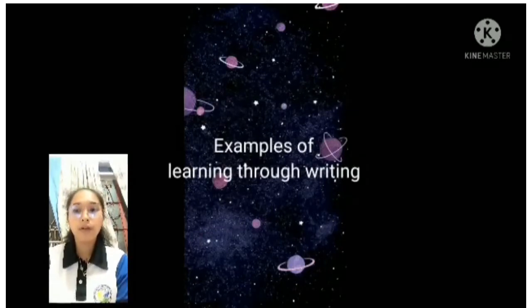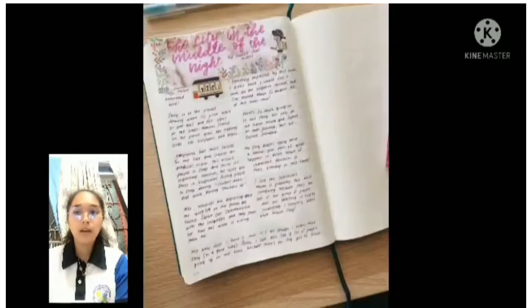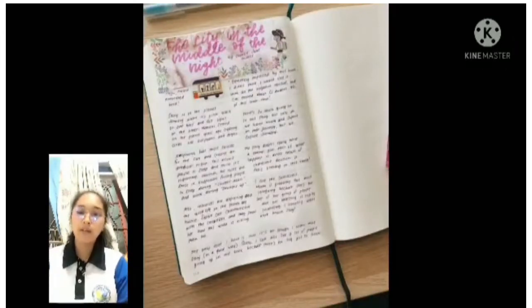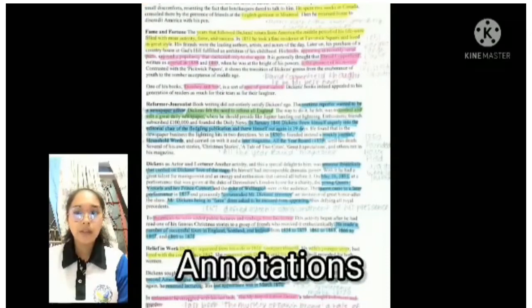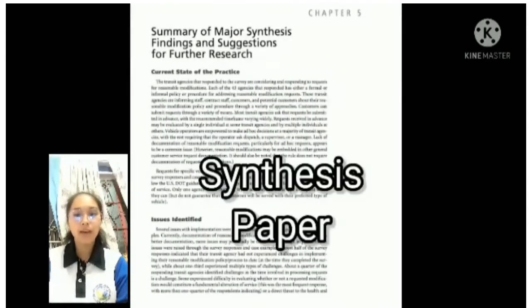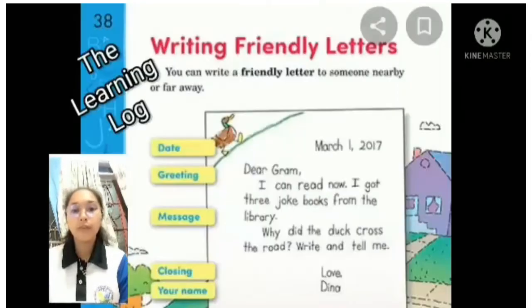Examples of learning through writing are the reading journal, generic and focused summaries, annotations, response papers, synthesis papers, the discussion starter, focusing a discussion, and the learning lab. For the more methods,